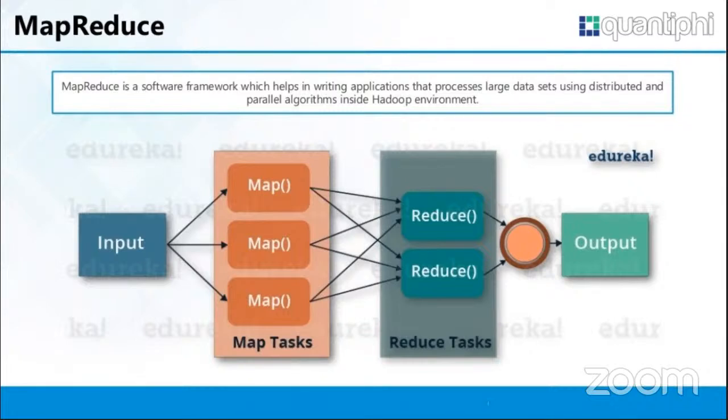There is one more operation of the task getting performed in the middle. I'll talk about that in the next slide. But yes, the number of mappers will be equal to the number of blocks. So mapper is the first component or function which is going to read the data. It will process the data and send it towards the reducer.